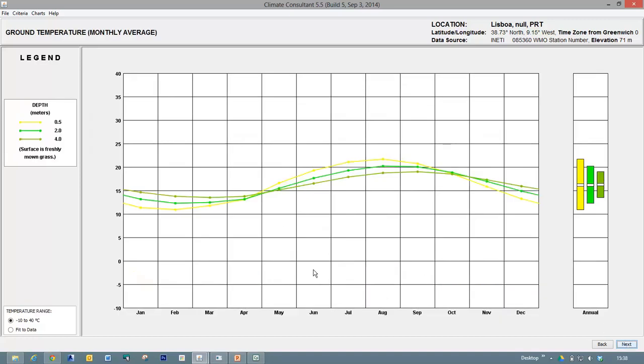Okay, ground temperature. So we're looking at the temperature of the ground, and we're looking at 0.5 meters below ground, 2 meters below ground, and 4 meters below ground. And it's assuming a grass surface on top of it. This is very important if you are considering using ground source heat pump technology to extract heat from the ground. This becomes